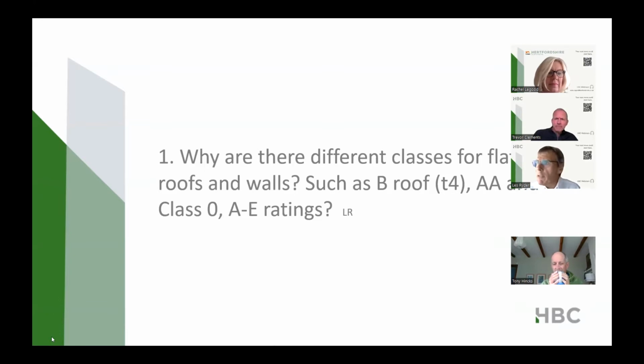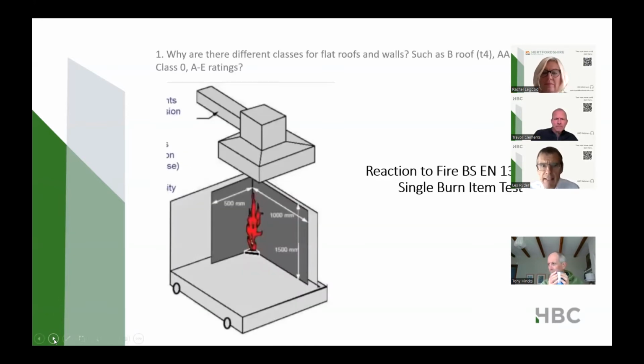So if you pull the first slide up, Rach, thanks. That's the piece of kit. There's another 2 or 3 pieces of kit, but that's the main piece of kit for ascertaining reaction to fire tests, not fire resistance, for the material. So this is materials, surface materials, i.e. the surfaces of corridors, the surfaces of rooms, the surfaces of external walls. Well, not external walls, but yeah, to a certain extent, external walls too. So it's a material test that ascertains various criteria that, like I said, I don't have enough time to go into. But that replaced the old